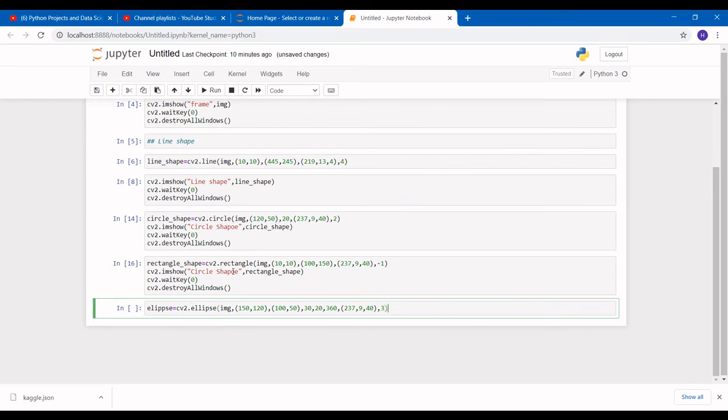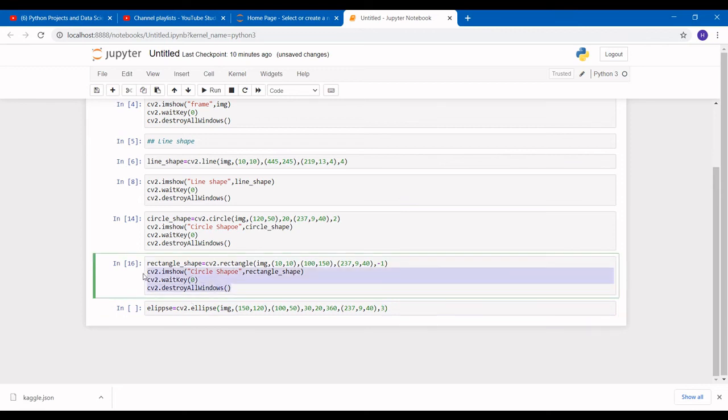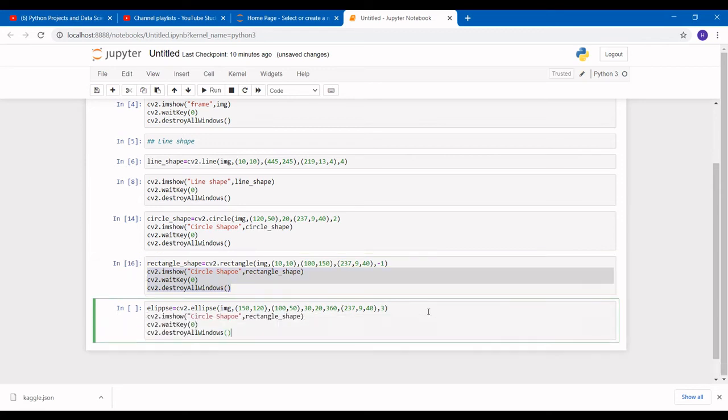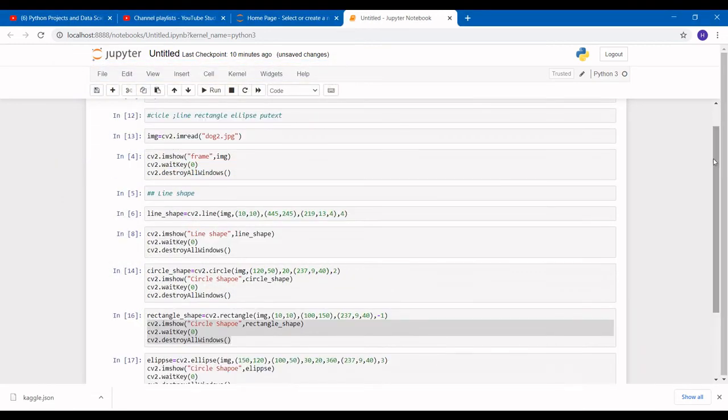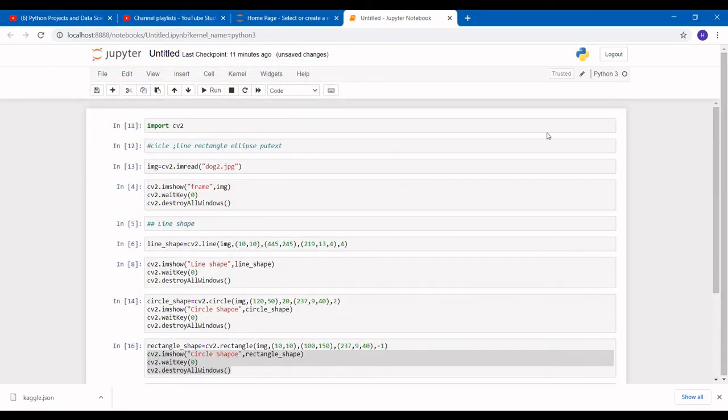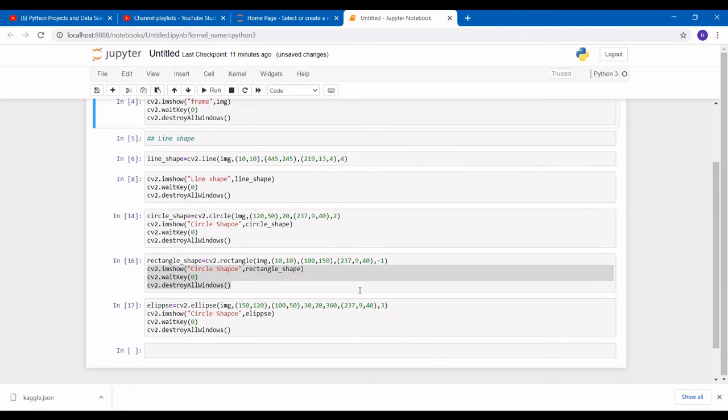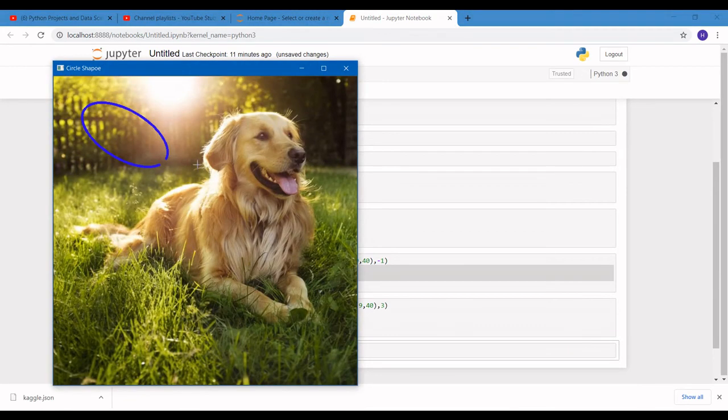So after this we can copy it and we can change it. We can pass our ellipse. As you can see, a single parabola is created. Okay, let me remove previous images. For that we have to execute again. So now we can execute this. Now you can see a 20 degree angle is kept because our starting angle was 20.